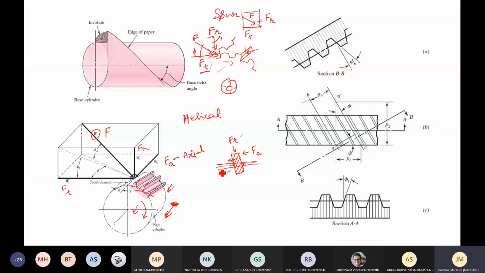In simple spur gears, let me draw a small spur gear here. The teeth are straight, simple spur gears, only Ft was there, and so you would have required only a certain type of roller or ball bearings. These are usually called radial ball bearings, radially connected ball bearings, which take the force in the lateral directions only. There is nothing to be worried about in the axial direction.